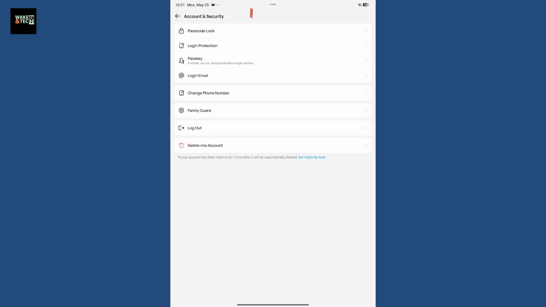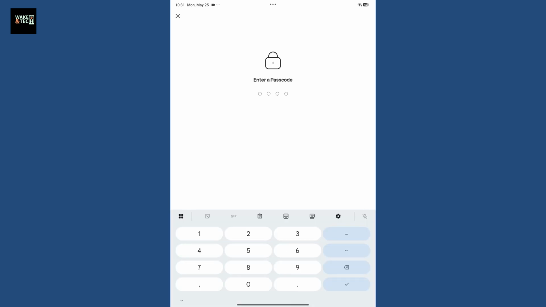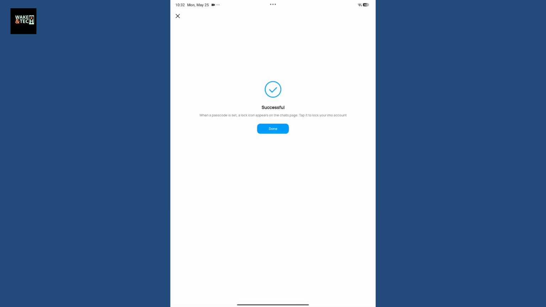On the next page, tap on the Passcode Lock option at the top, and now click on Enable at the bottom of the screen to enable the passcode lock. Go ahead and enter the passcode you'd like to set using the keypad at the bottom of the screen. After typing your passcode, re-enter your passcode once again, and you have successfully enabled the passcode lock in the